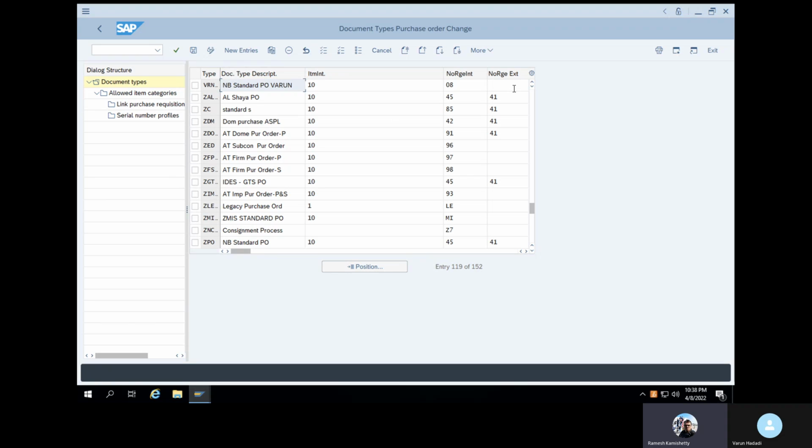So 08 is the internal number range previously assigned to NB. Now we need to change that internal number range 08 to 97. No need to enter an external one, just the internal number range. Press enter and save it.